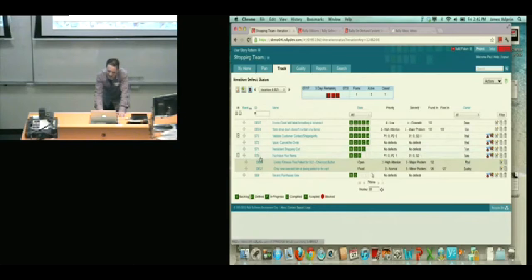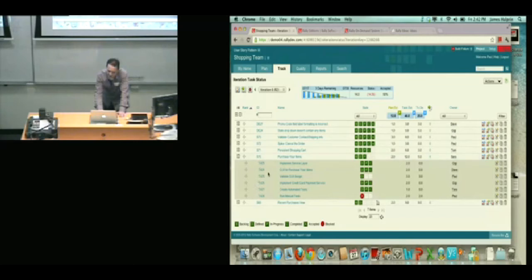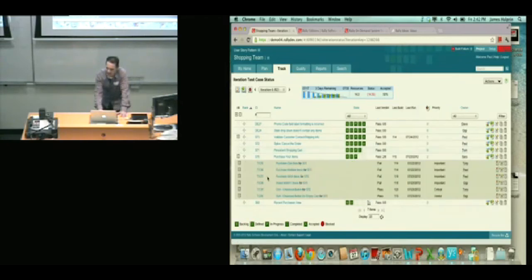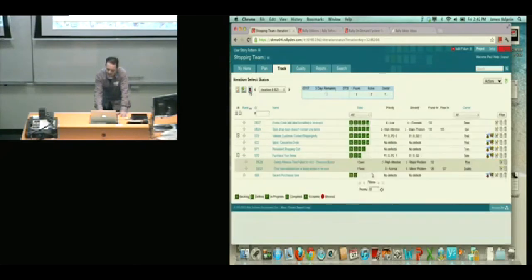And what we're seeing here is when I expand that out, I'm seeing story S70 as an example. If I click on this little button here, it's showing me all the tasks that are associated with the story. So tasks are unique artifacts inside of Rally. You've got stories, you've got PIs, you've got defects, you've got tasks, etc. So you can see all of this end-to-end traceability. If I click on the next button, I'm seeing all my test cases that are associated with that story. And then if I click on my bug button here, it's showing me any defects that may have been written against that story.